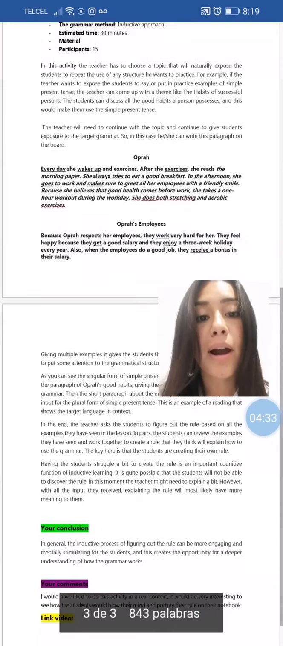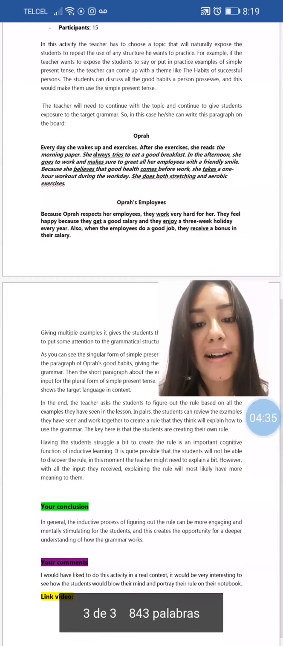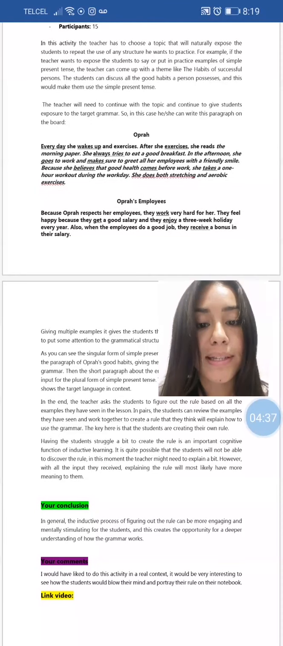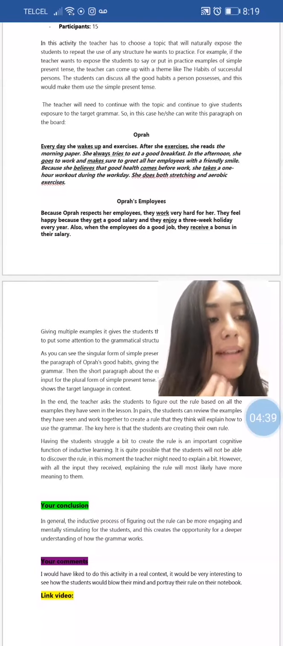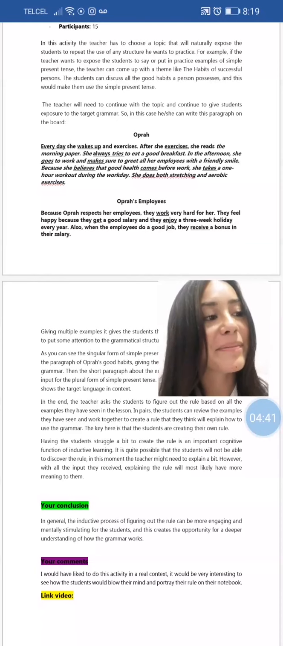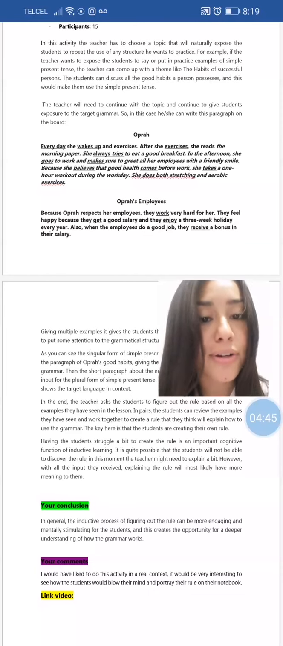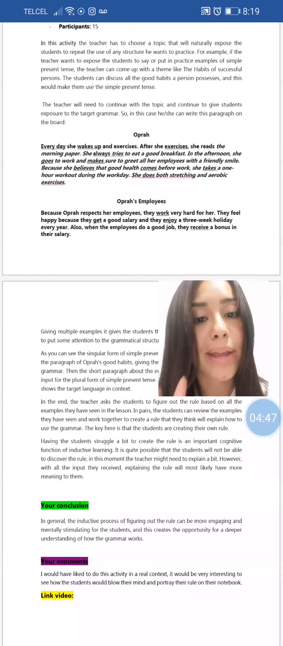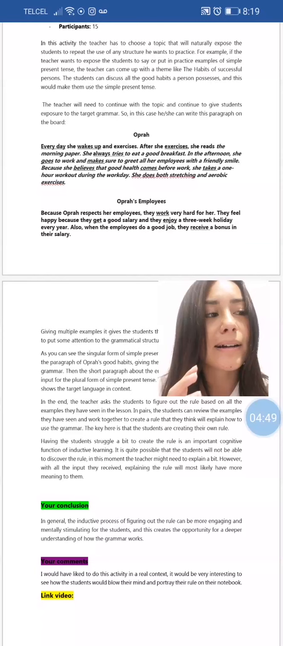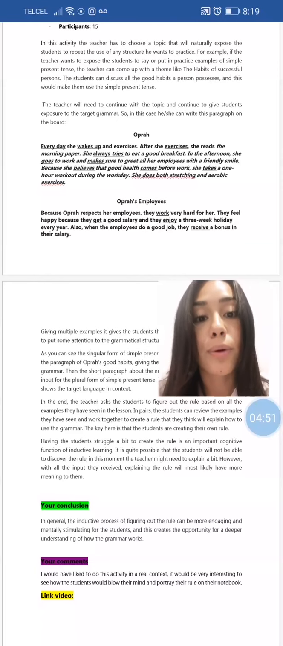So in my opinion, I would have liked to do this activity in a real context. I think that it's very interesting and also curious how your students are going to react and what type of grammatical rules they will create. So that's what